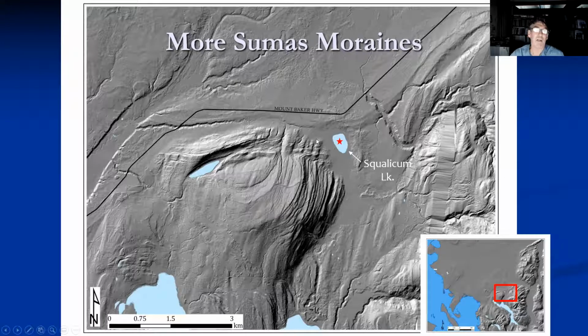Squalicum Lake's really interesting because it's sandwiched between that moraine, one position of this Sumas glacier advance, and another set of bigger moraines that Mount Baker Highway trends along that show up as these big long ridge lines through here. Those are all glacial sediments formed by a glacier that flowed this far south and then backed up, retreated some, and then formed a new moraine here. That moraine impounded Squalicum Lake, and so gives us a sense of, if we could core that lake, we might be able to document when the glacier left this area and when this glacier was emplaced.